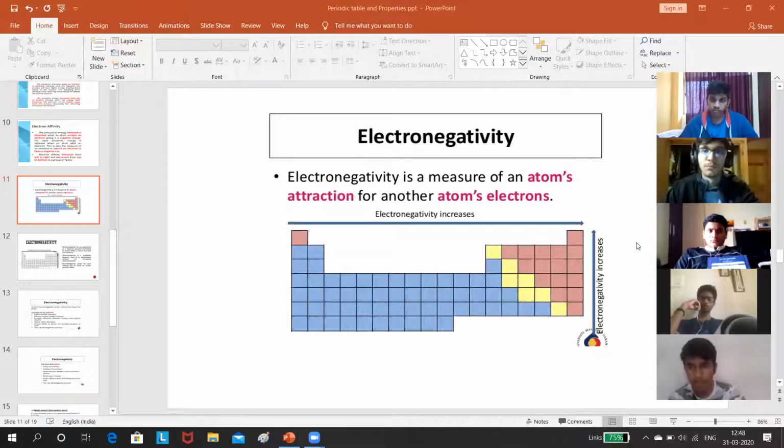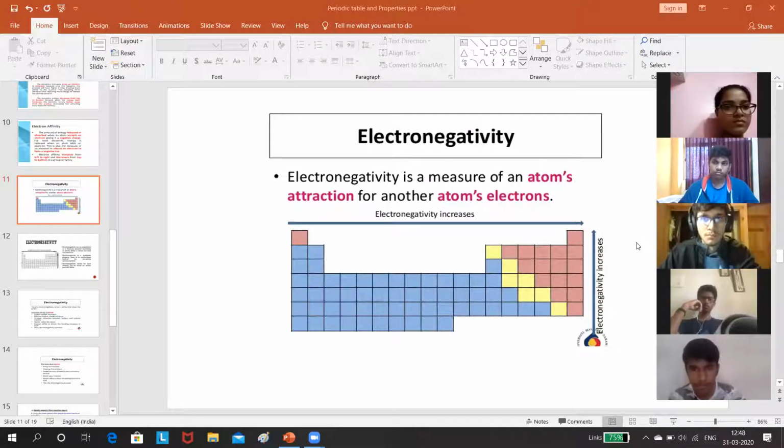Ma'am, I did not understand. Ma'am, even I didn't. Yeah, I'll explain again. So when a compound is formed between hydrogen and chlorine, a pair of electrons is being shared between hydrogen and chlorine. When we draw the Lewis dot structure, if you remember, one pair of electrons will be there between hydrogen and chlorine, right? So that pair of electrons will be pulled by chlorine towards itself.